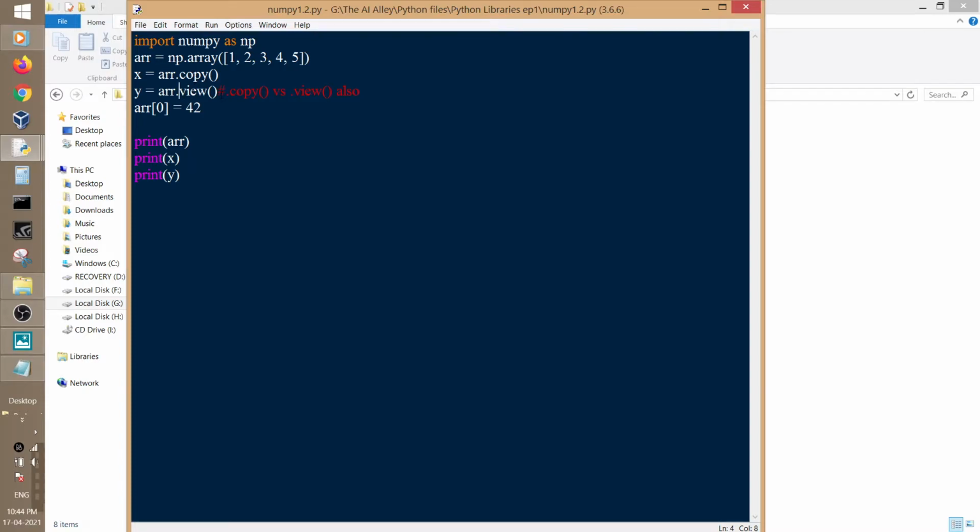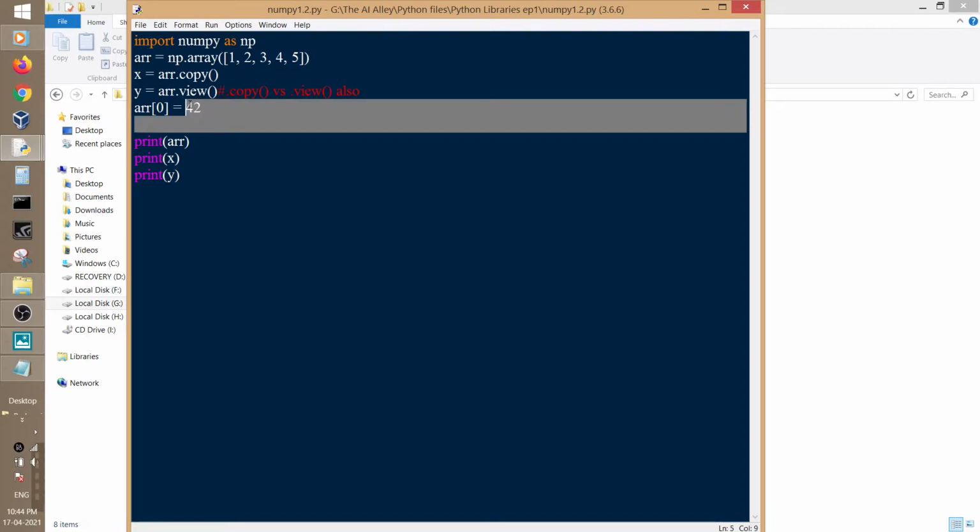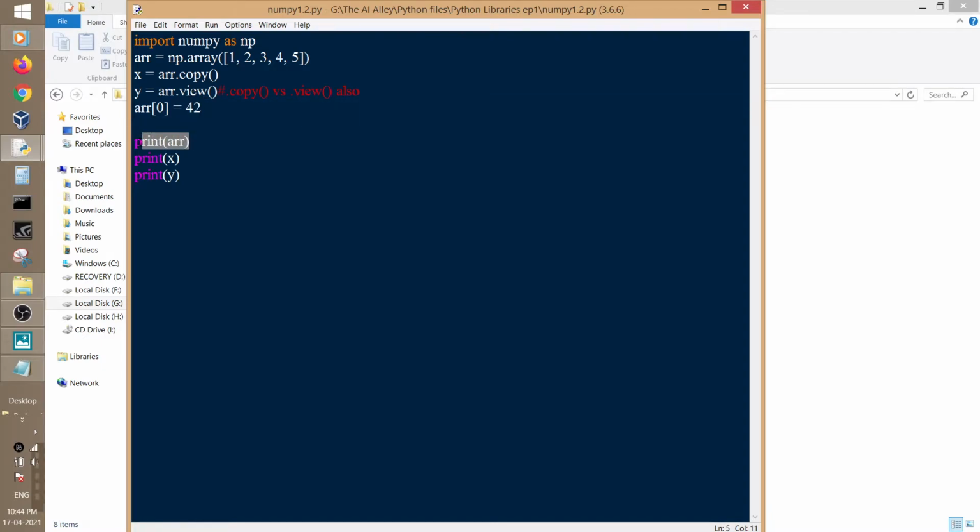So here what I am doing is I have created an array and then I have created a variable x which will copy the array, and created a variable y which will view the array, and I am changing the array at index 0, that is this value, and assigning it 42. After that I am printing the array and then again printing x and also printing y. So after running it, you may notice the difference.